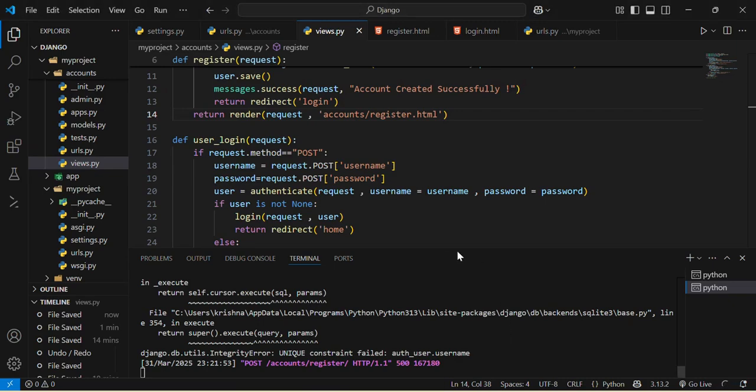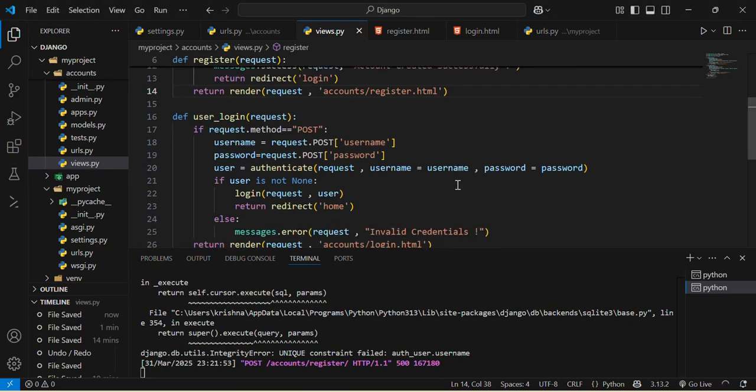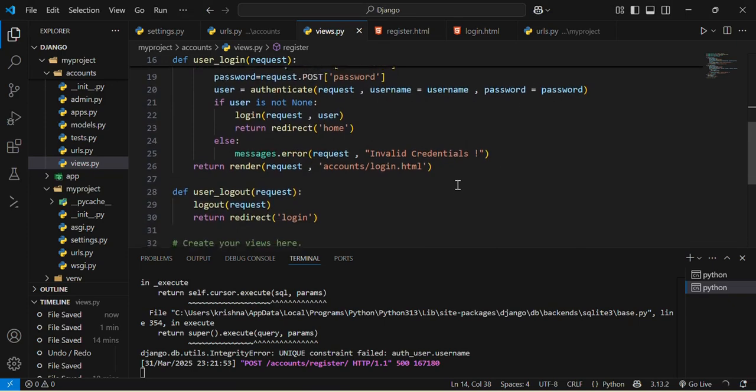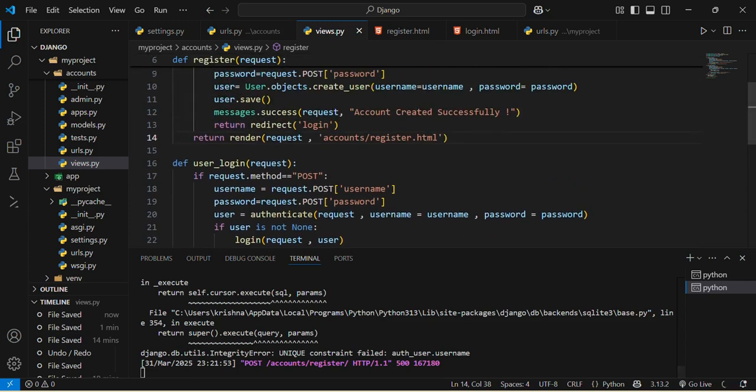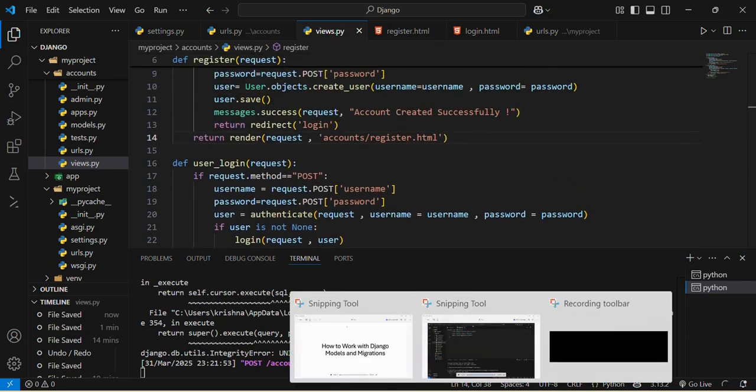What does integrity error suggest? That we have entered login page, rendering the request. Okay, nothing to worry, nothing to worry. This is just because